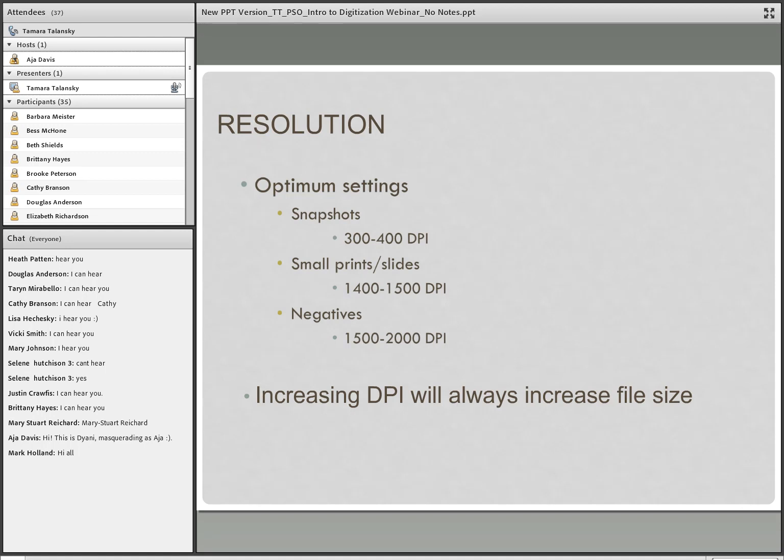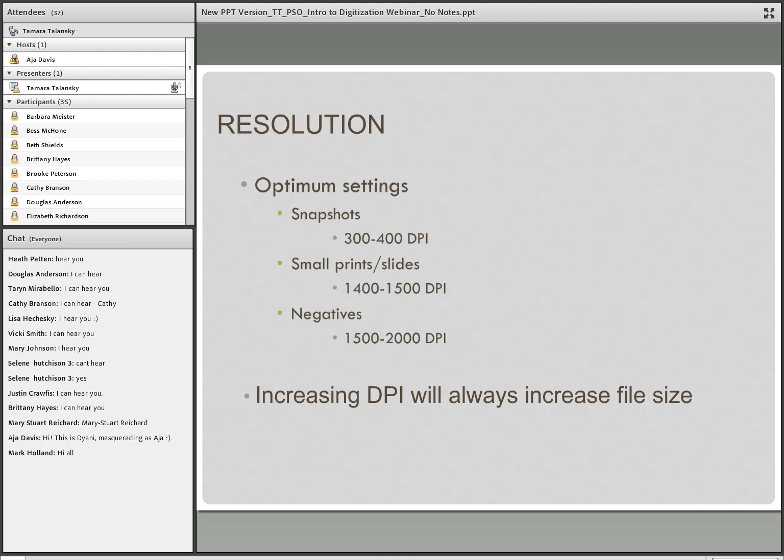For snapshot prints and common enlargements, such as 4x6, 5x7, 8x10, I recommend 300 to 400 DPI. For small prints or slides, you need about 1400 to 1500 DPI. Since they are so small and hold a lot of detail in this small area, again, you need to capture more dots per inch in order to obtain more detail. If you want a close-up, such as an enlargement of a face in a crowd, you'd increase the DPI in order to get the size you want. But keep in mind, the quality may not be as good once you've changed the DPI.